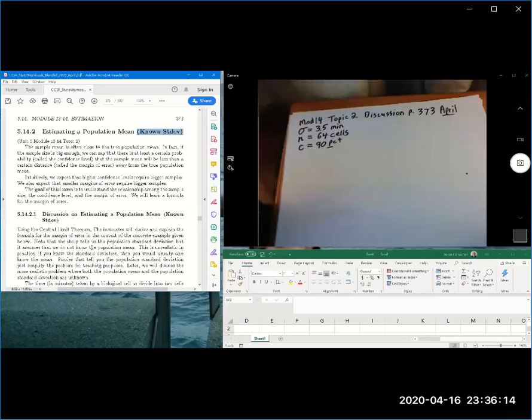So the idea is we're not able to know the population mean exactly because it's a huge population. We're going to get a sample mean, and our goal here is to calculate a margin of error so that the sample mean is probably not more than that distance, that margin of error away from the truth. Okay. And the way the workbook discussion is set up,